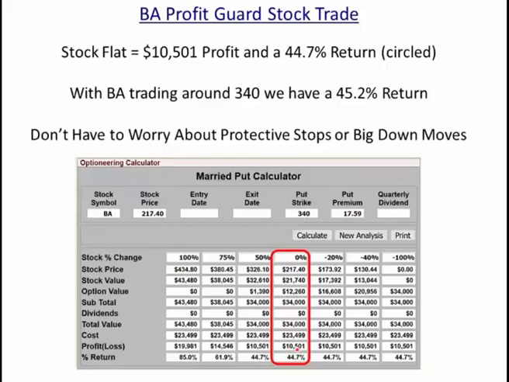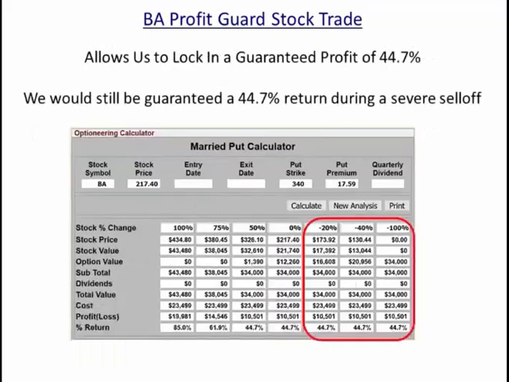So with Boeing trading around 340, we had a 45% return in this trade, and we don't have to worry about placing any protective stops once we purchase that put option for protection, and that allows us to ride out volatile markets or market corrections, and we don't have to worry about the trade until option expiration. So in this example,